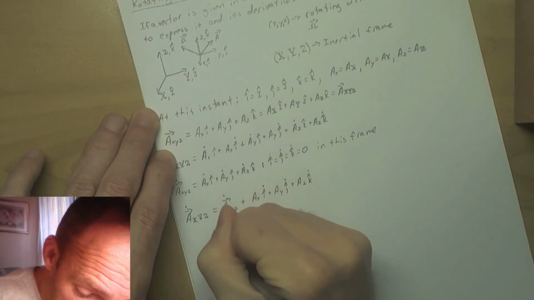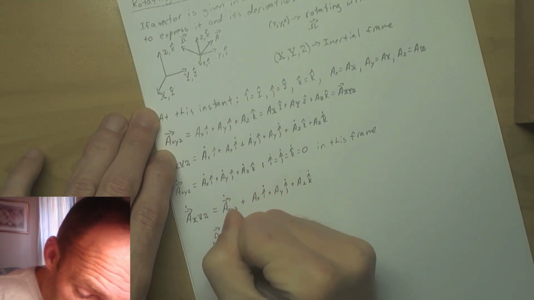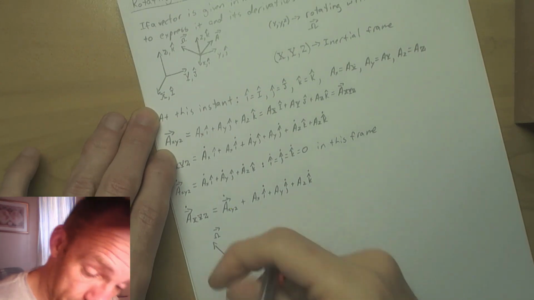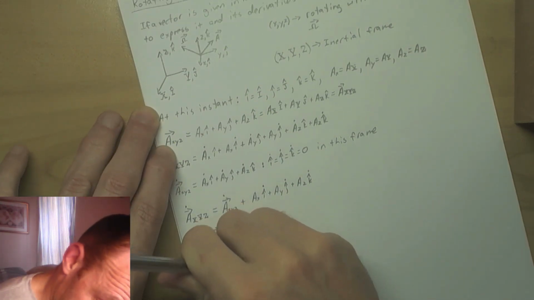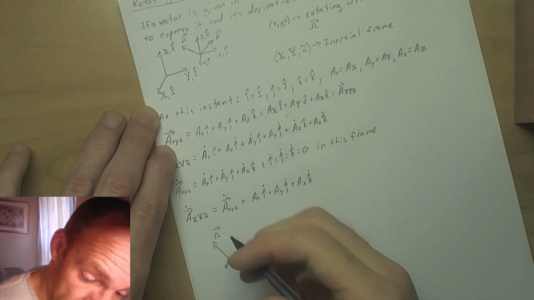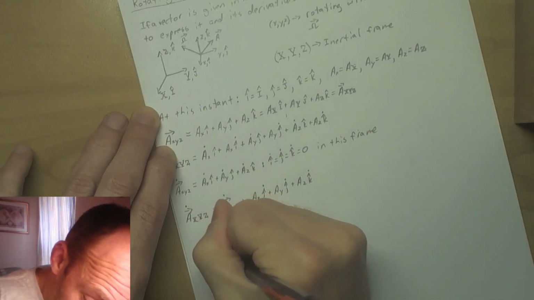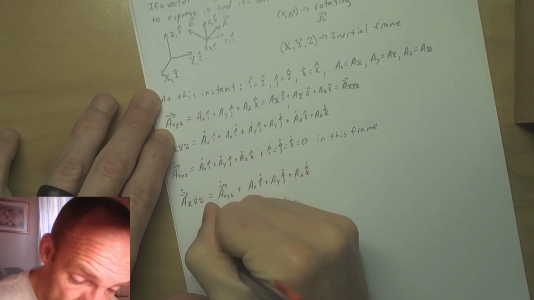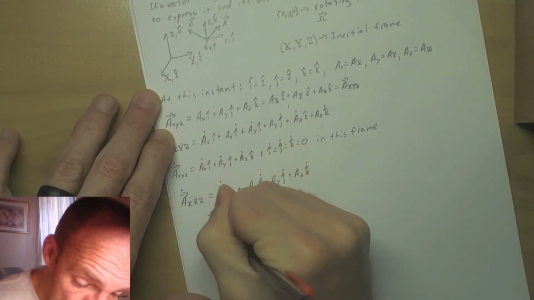All right. So this is the i vector. And what's it going to do? If this were a constant speed omega, it's going to trace a circle